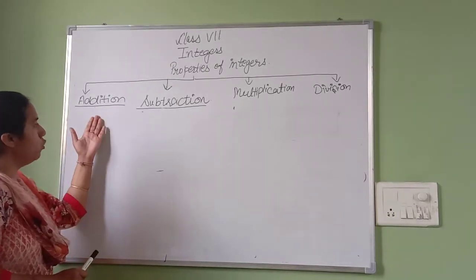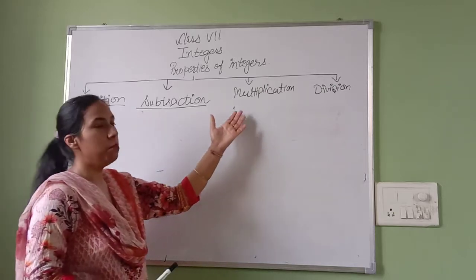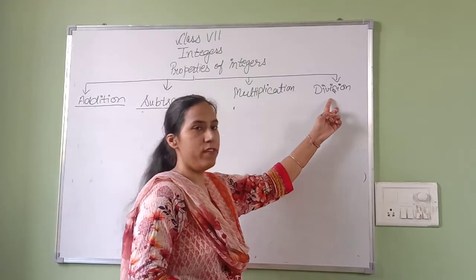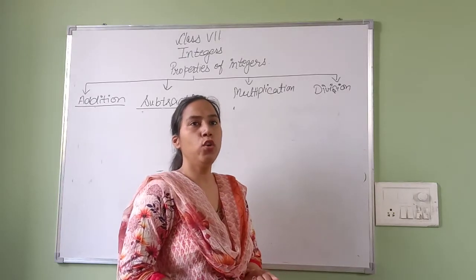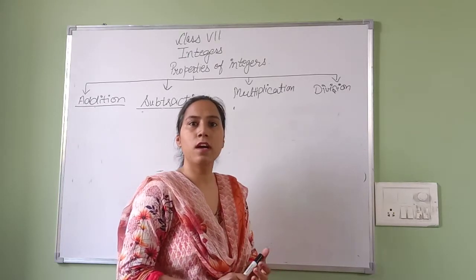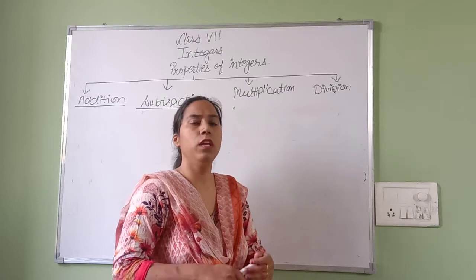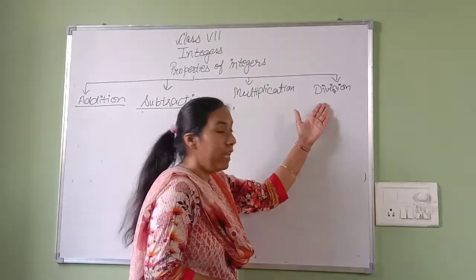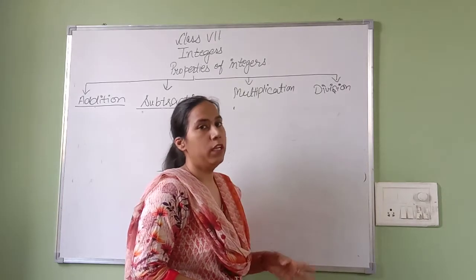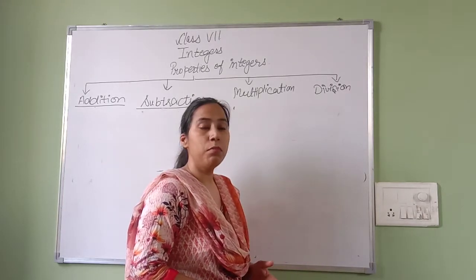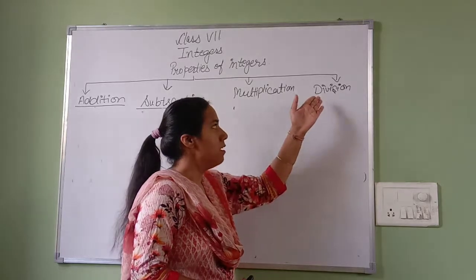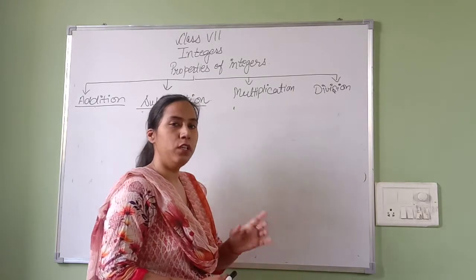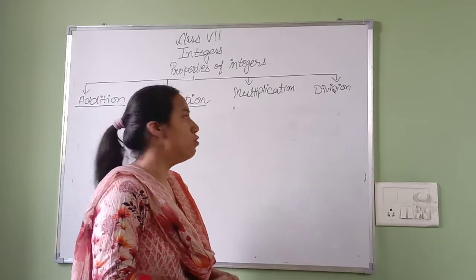Already I have explained you properties of addition, subtraction and multiplication. Now it is the turn of properties of division. Already I told you many of the properties in division are not holding. Many or most of the properties, I can say so. Why is it not holding? That should be clear to you. I also can skip this lecture, but I don't want to skip, because why it is not holding here must be clear to you so that you can crack the things yourself.